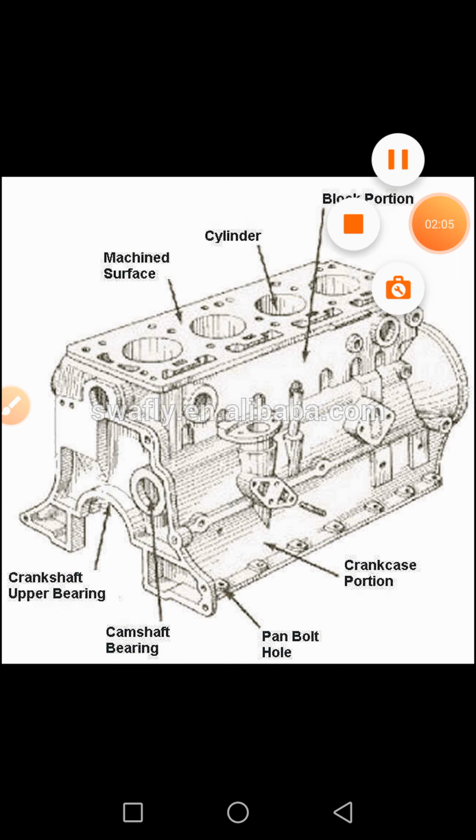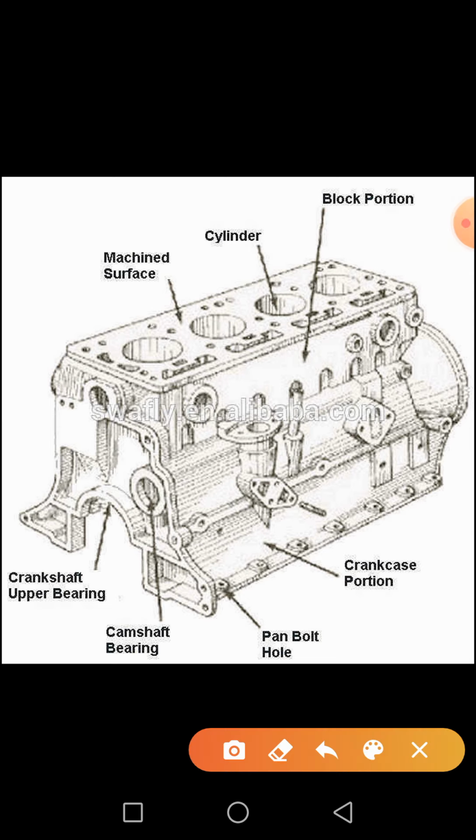And as you can see in the figure, it houses the cylinders. Cylinders means the holes. The holes provided for moving the piston in upward and downward direction. That provision is known as cylinders. So the cylinder block houses the cylinders, which serve as bearing and guides for the pistons reciprocating in them.